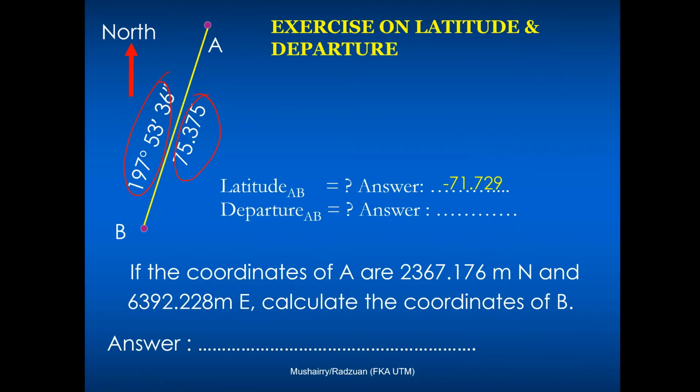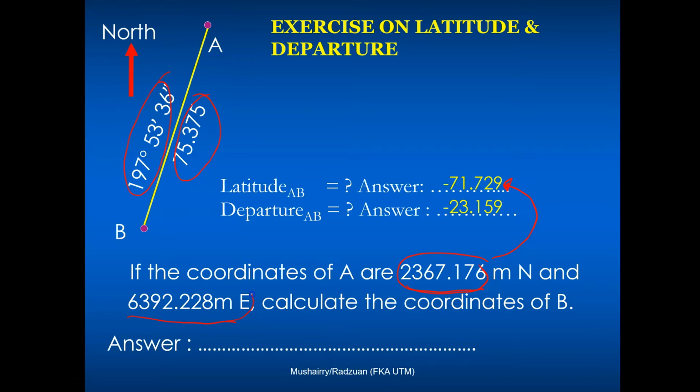And departure, the sine, that'll be the answer to departure A to B. Then you were asked, if the coordinates of A are given as 2367 northing and 6392 easting, calculate the coordinate of B, which simply means you take the coordinate of A, the northing, you add on to the latitude,